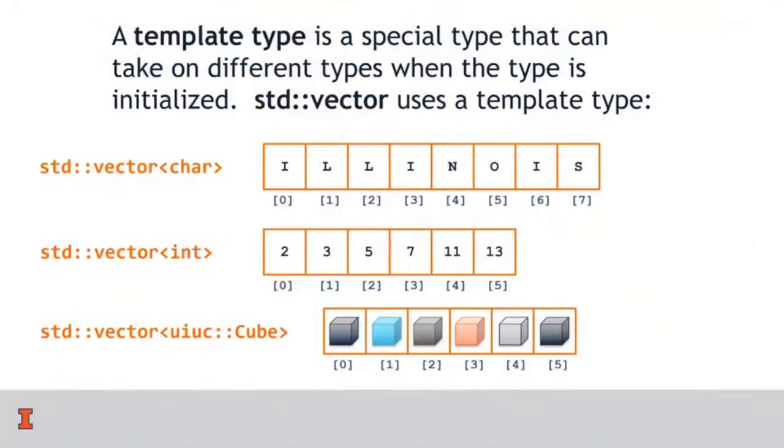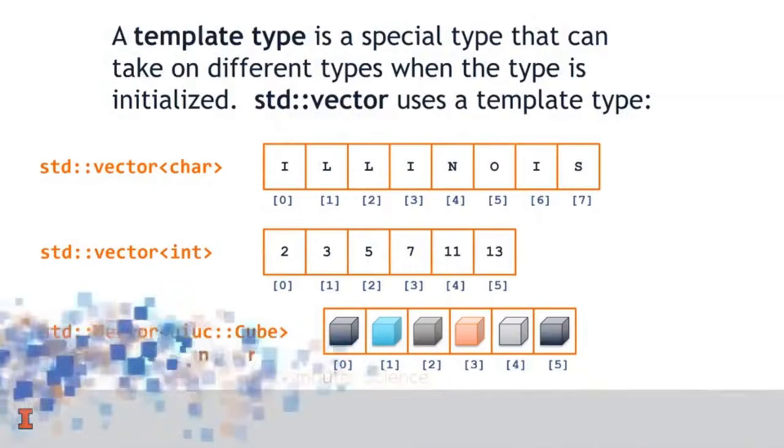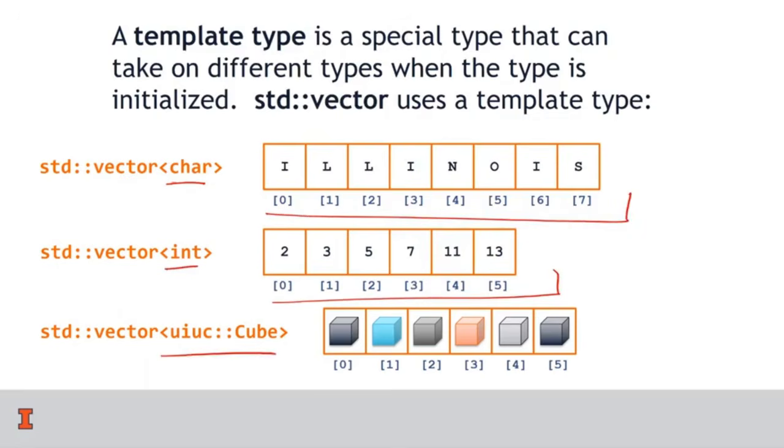A template type is a special type in C++ that can take on different types whenever the type is initialized. For example, the standard vector is a template type. What that means is in the standard vector, we can have a vector of characters, for example, the word Illinois, a vector of integers, for example, the first few prime numbers, or even a vector of UIUC cubes, our custom data type. All of these things represent an array of objects in memory, and it's done through a